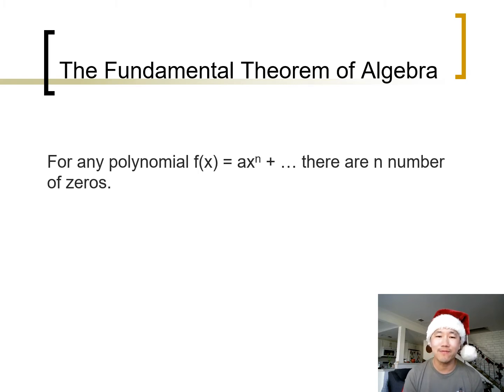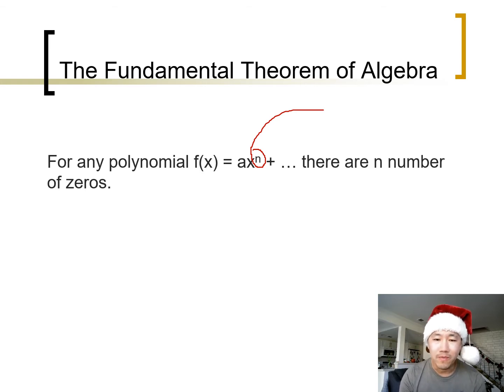All right, here is the fundamental theorem of algebra. For any polynomial, f of x is equal to a to the n power plus dot dot dot, which just means that's just a generic way to write a polynomial. There are n number of zeros. So basically what the theorem says is when you look at an equation and you look at the x variable and then what its exponent is, if that exponent was a 2, like x squared, you would have 2 answers